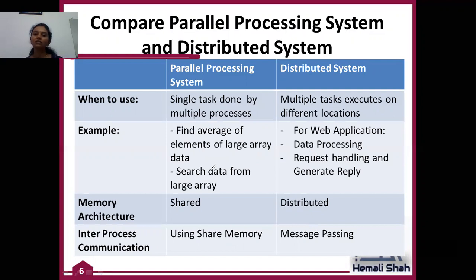You can assign the first process 100 data, the second process another 100, the third another 100, and all the processes work in parallel to find that data in the string array. If anyone gets the result first, they announce it so that the other processes can stop their work. Like that, you can divide your big task of searching a large array into small tasks. So it is called parallel processing.